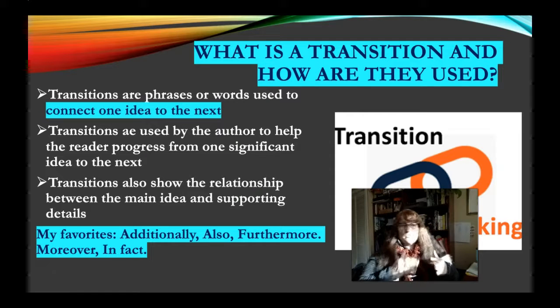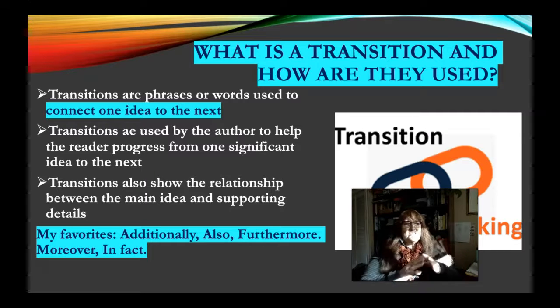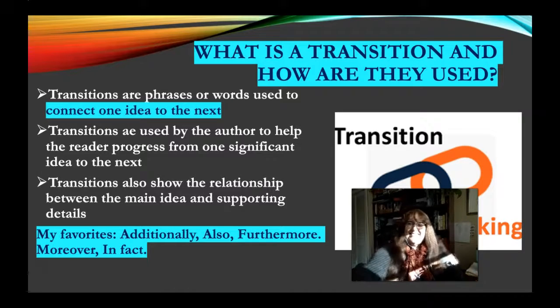You know, there's a whole list in the file of reading resources in your team, so you can see a comprehensive list, or you can Google it. And there's tons of them. I mean, what's your purpose? Do you want to add information? Do you want to have a dispute? Do you want to argue one side against the other? There's a whole list of transitions, words that are specific for whatever your goal is. There's transitions to help you wind up a paper. Besides in conclusion, which I don't ever want to read.